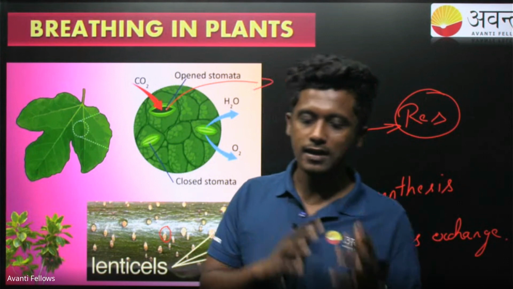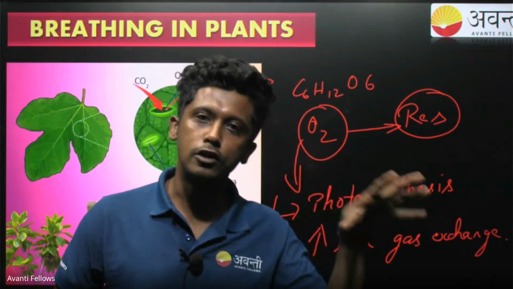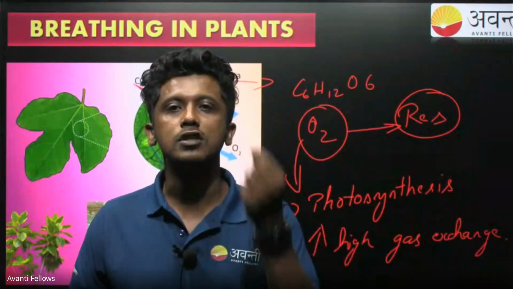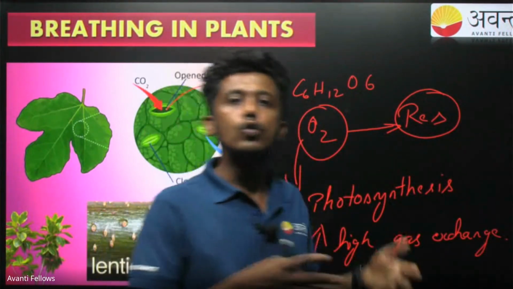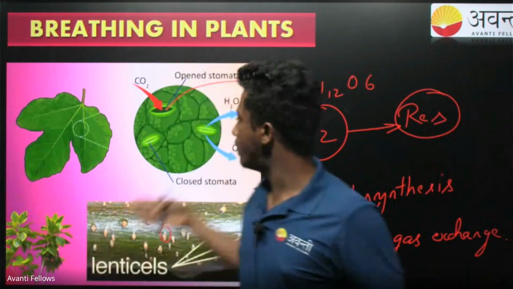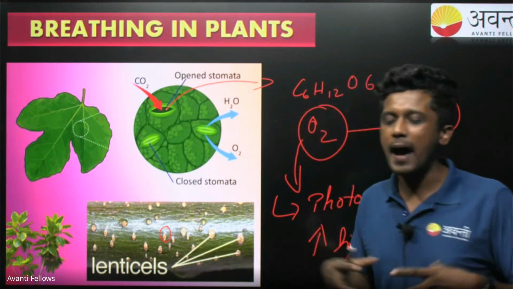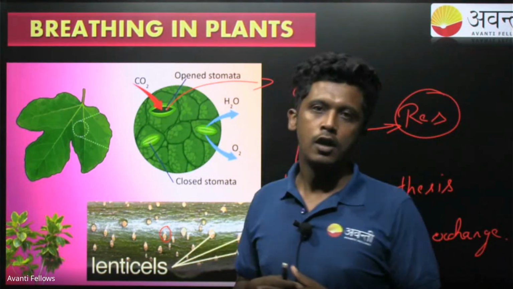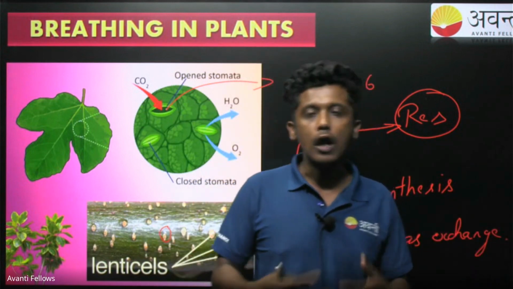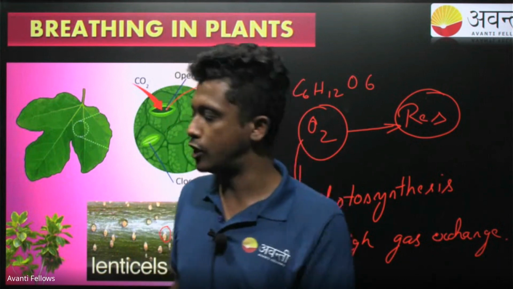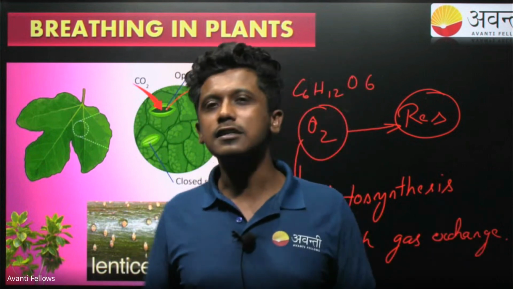We are just trying to understand that plants are no different from animals. Like how we breathe, plants also breathe. But breathing in plants happens through the pores present in the leaves in the form of stomata, and in the woody regions like roots and stems in the form of lenticels. And there are other supports, such as the parenchymatous tissue, which is very loosely arranged in plants. So the loose arrangement of parenchyma also allows some of the gases to be exchanged. So this gas exchange, the breathing, is one process that we have to understand, and it's not so complex.